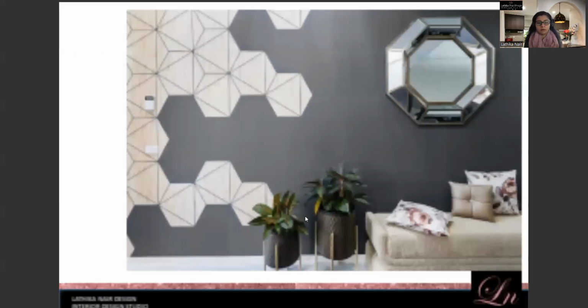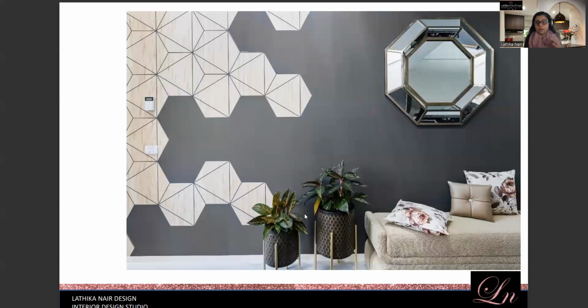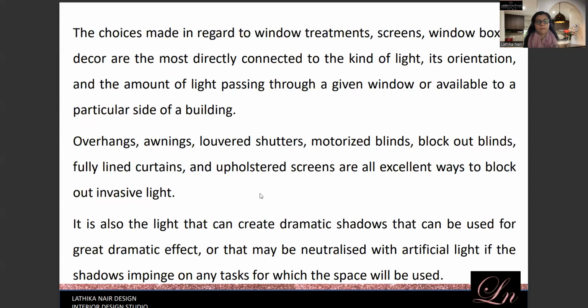Reddish tinge, I mean. So this is just a photo of a space where, when you see the photo, you can know there is light falling within that space. It's a hallway, and there is natural light falling within that space. So what does that do? When we know what natural light we have, when we've done the building, we've already done the window sizes, and all that has been already done, and now we are in the interior.